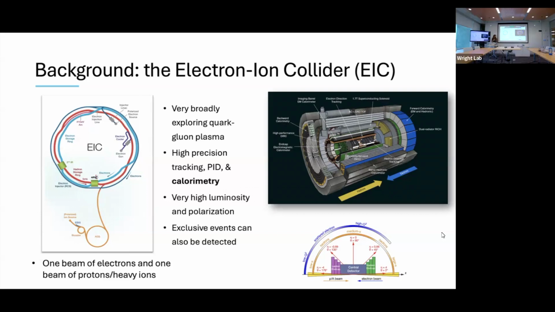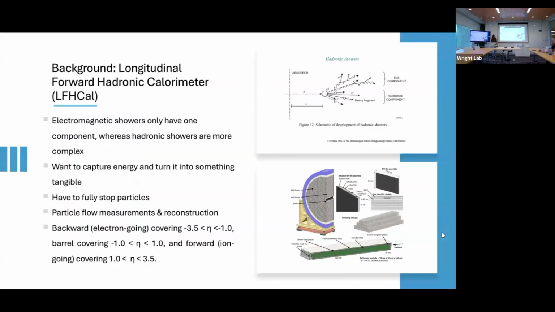So with particle tracking, tracking detectors within the electron ion collider can only track charged particles because they use magnetic fields. So in order to track neutral particles, calorimetry is needed, which I'm going to talk about more in the next slide. And also the electron ion collider just has some requirements like very high luminosity and polarization. One cool thing that it can do that previous colliders haven't been able to do is detect exclusive events as well. So specifically, I was looking at the longitudinal barrel hadronic calorimeter,